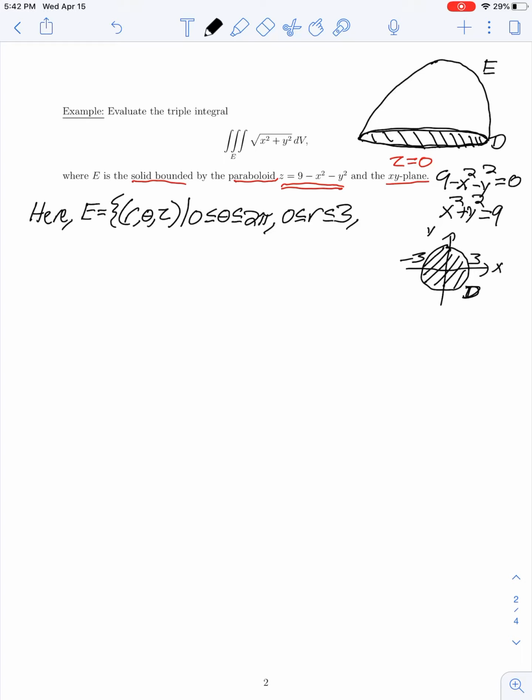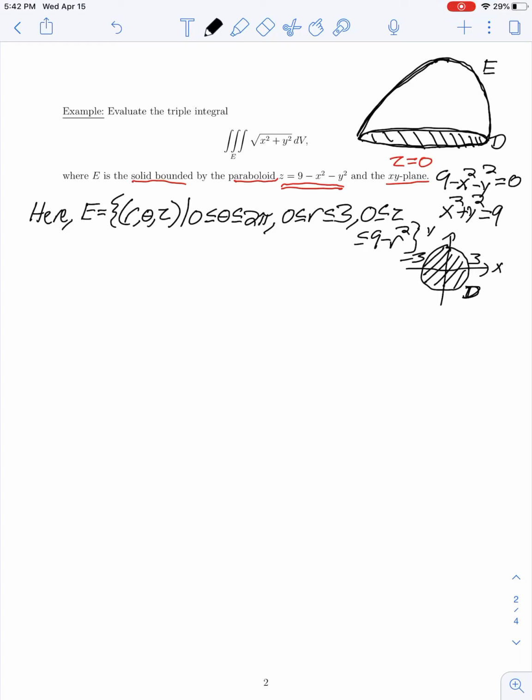And then our range of z values, well, z could be ranging from the xy plane, z equals 0, up to the equation for our paraboloid, 9 minus x squared minus y squared. So here 9 minus r squared in terms of